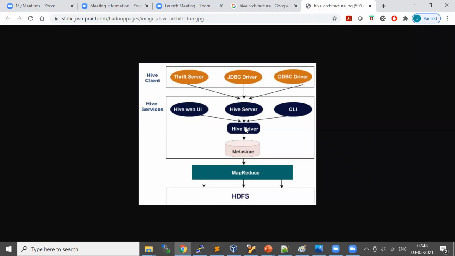The Hive driver has a few components inside, which we'll discuss later. You can think of it as whatever Hive queries you pass via CLI, or it can be a JDBC connection you establish and pass your query, which is going to come via Hive server. Then it will pass the query back to the Hive driver. Or there are Hive web UIs,